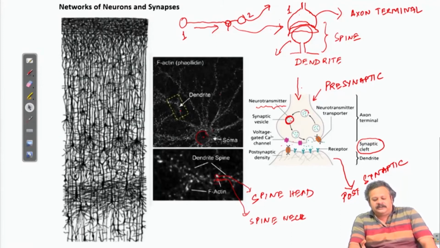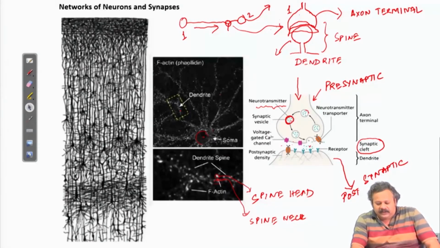That allows a process by which the neurotransmitter gets released into the synaptic cleft, as described in